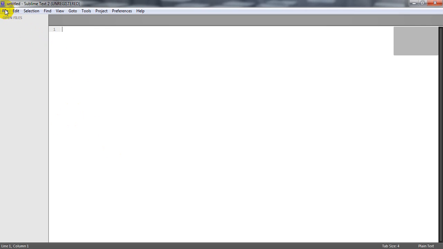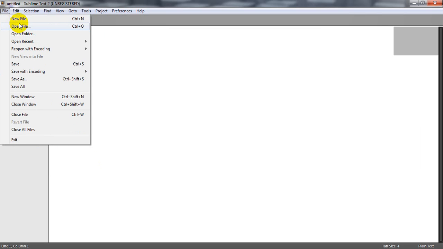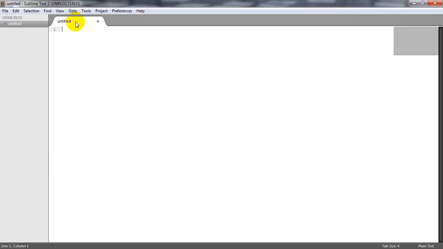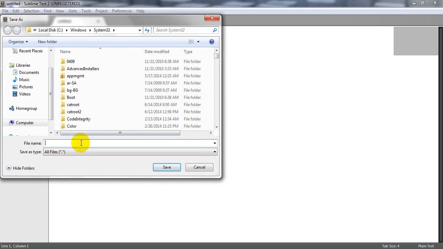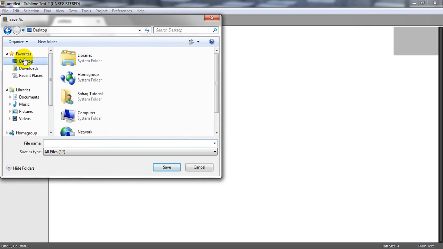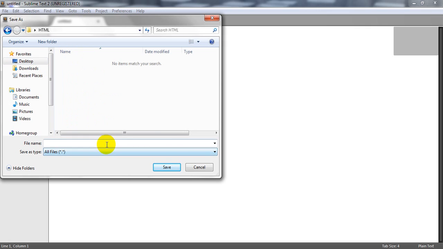Open the text editor and choose file, new file, and save as. Select desktop, the path of your created folder, HTML. Open it and